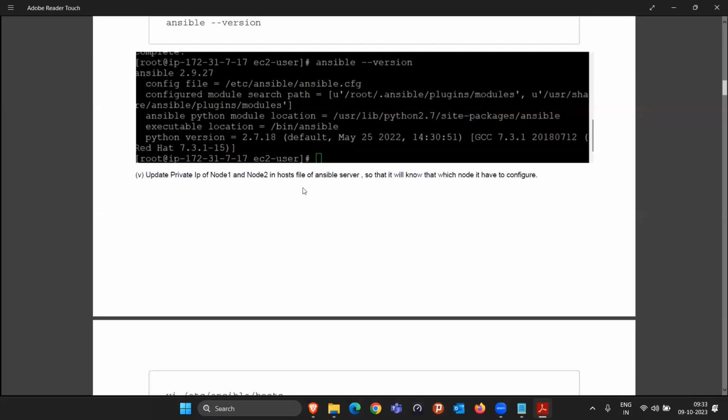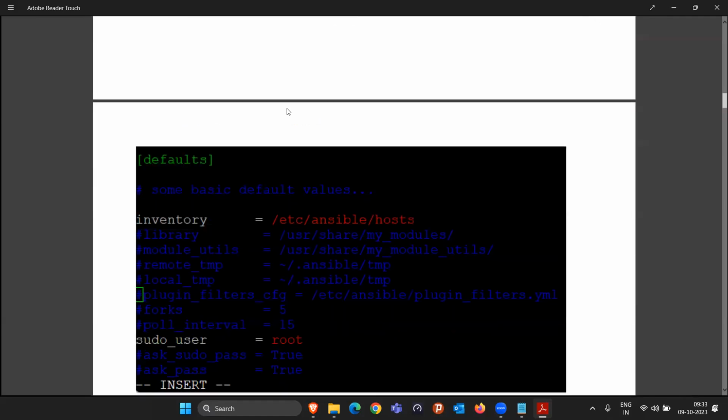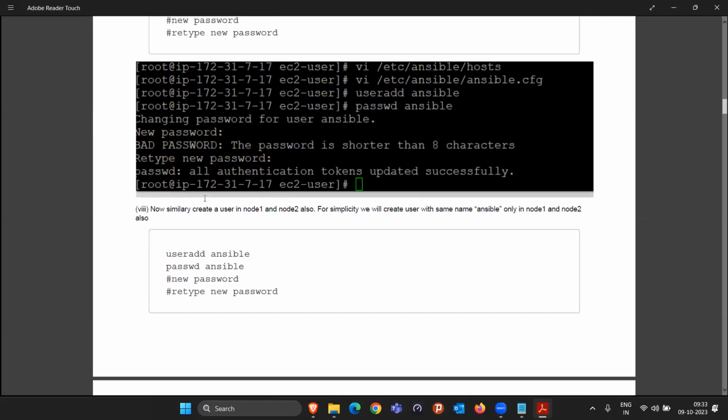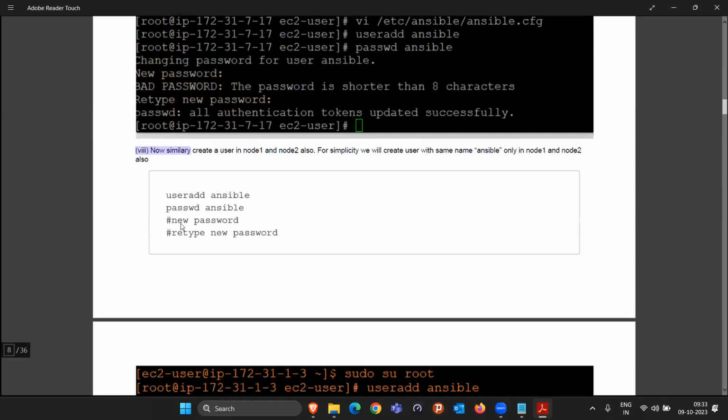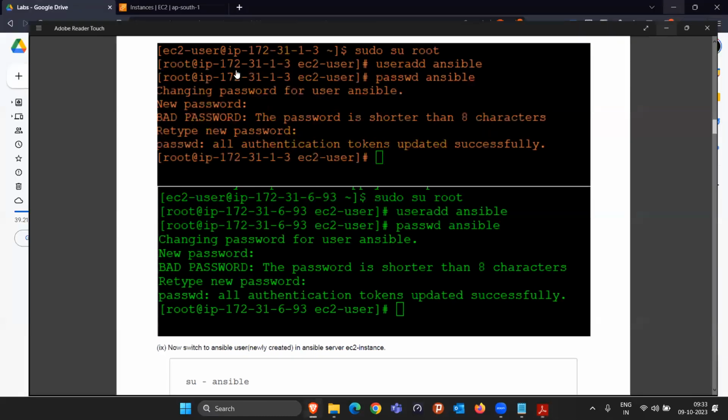Once everything is done, you will see in this document, up to the eighth step, from the seventh step we are doing everything on the Ansible server machine only. Once we come to the eighth step, you'll see the screenshots are in orange and green color. That means we have to run these things on worker node 1 and worker node 2. I will tell you all of this. Meanwhile, just practice the useradd command, the user group command, and changing permissions, whatever I taught you in the Linux class.